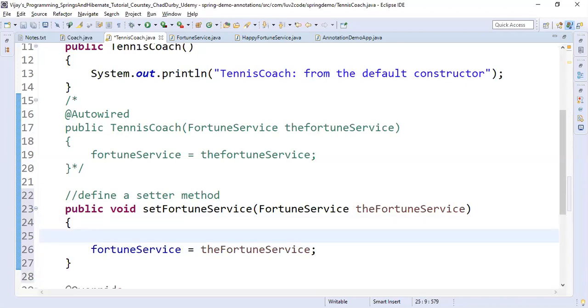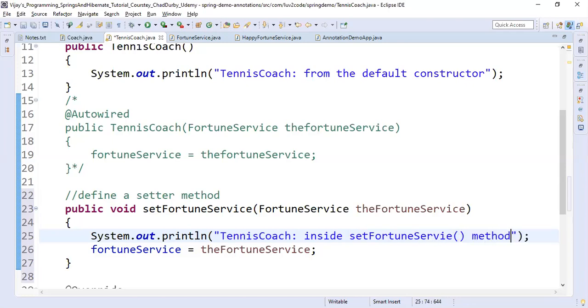And here as well, I'm keeping a diagnostic message, that is TennisCoach inside setFortuneService method.